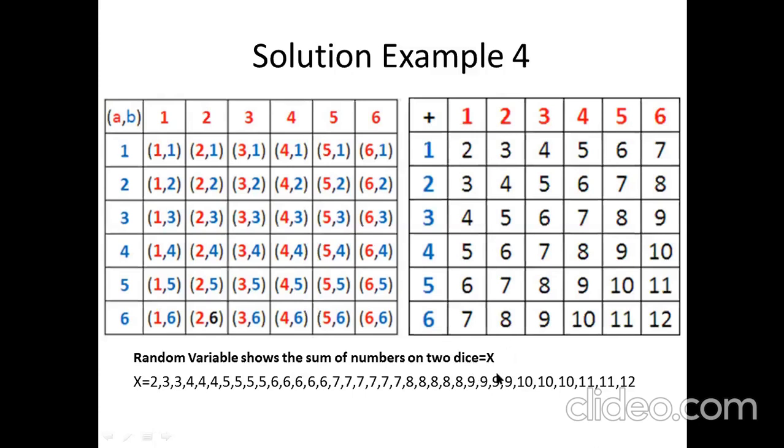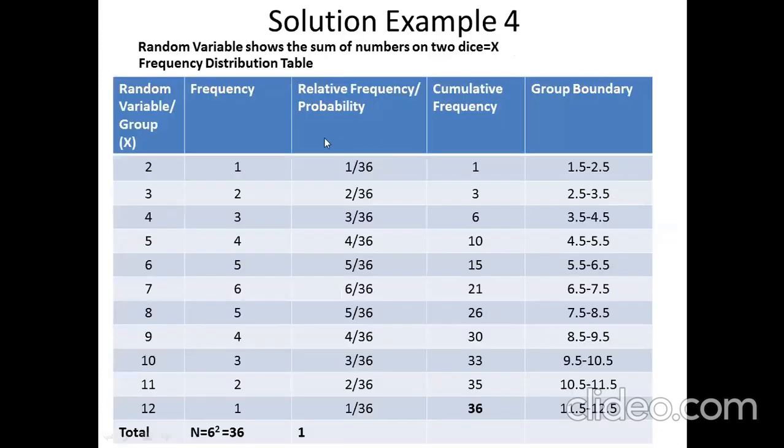The same information can be shown in the form of the frequency distribution table as well, which is shown over here. These are the x values, they are the sums, these are their frequencies, and their sum is equal to 36, as should be, because the case where order matters and repetitions are allowed follows the n raised to power r permutation rule. Remember this: 6 things taken 2 at a time makes it 6 power 2, that is 36. So the total frequency 36 is verified by this result.